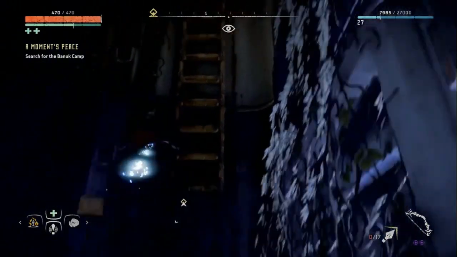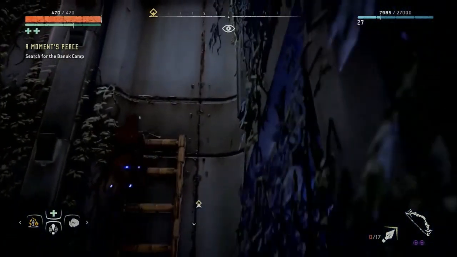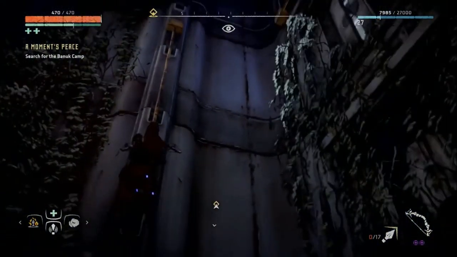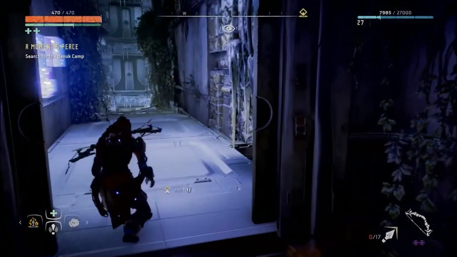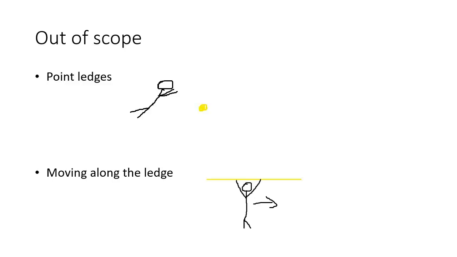In certain games you can also move along the ledge the character is hanging onto. Both of these are out of scope of this video, however with the knowledge you gain from this blessing of a video you may be able to apply them to cover those cases as well, and then feel good about it because you did not have to watch a tutorial to implement it like a filthy peasant.